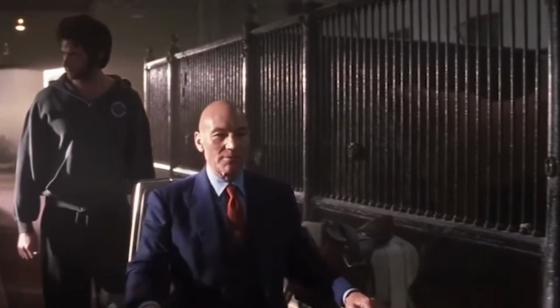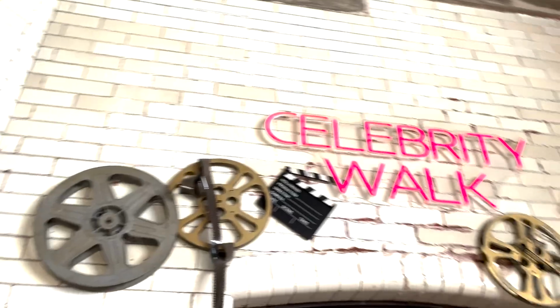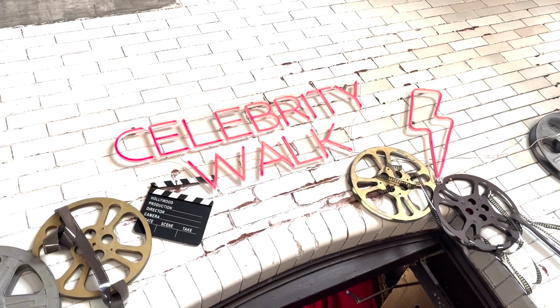This area was also used, I think, in X-Men, but also I think it's safe to assume any place you step foot in this building was used in X-Men. But yeah, look, this is where the horsies lived. Rest in peace. So this is something really cool I didn't know existed until literally last night when I was Googling Casa Loma. They have a Celebrity